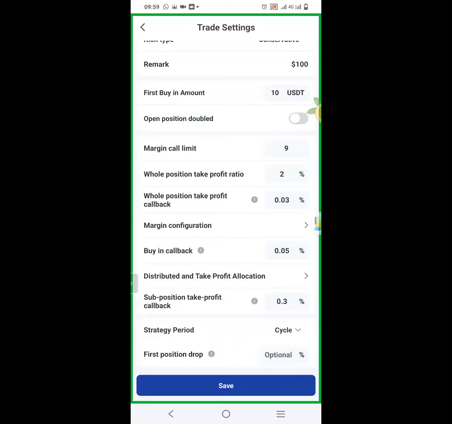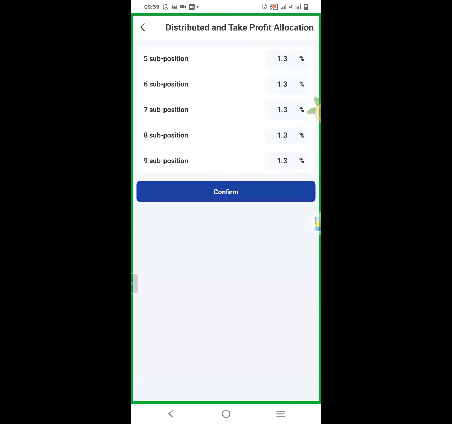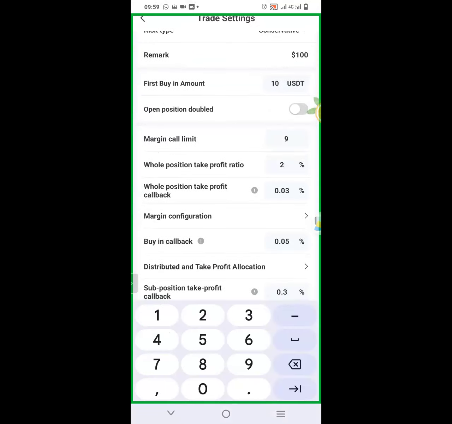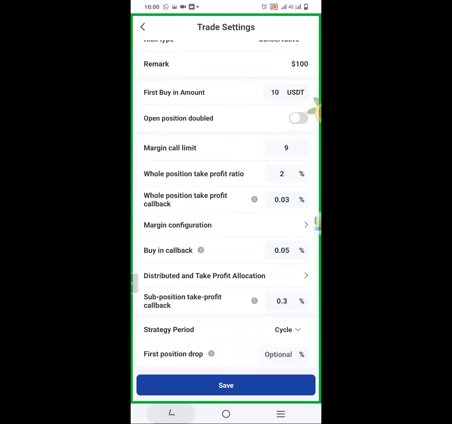So it will put what? You put 0.5, then position take profit callback. So position take profit callback. What is position take profit callback? This is a take profit position, not the direct